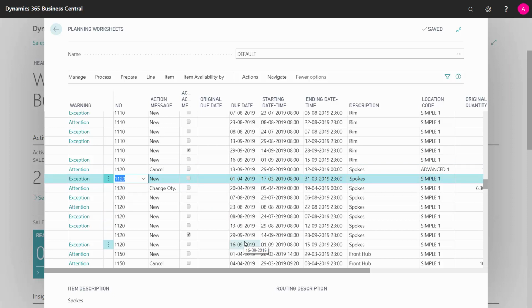So calculating per item, per variant. And the most difficult thing for most planners, in my experience, to understand is that all the planning per item, per location, per variant is to be understood all separately. So looking at one item at a time, planning one item, understanding one item at a time. That's very important.